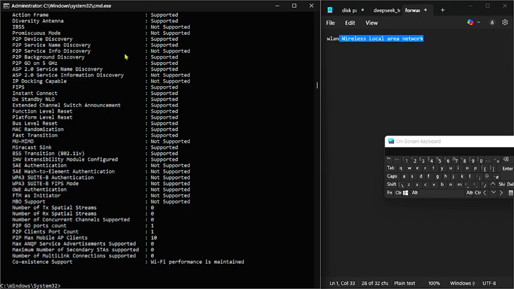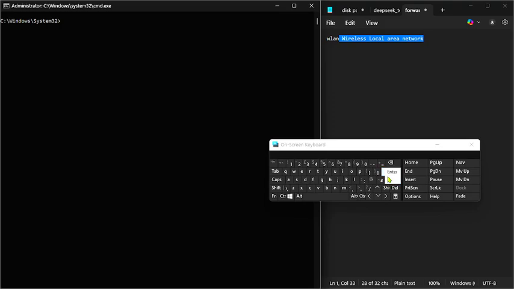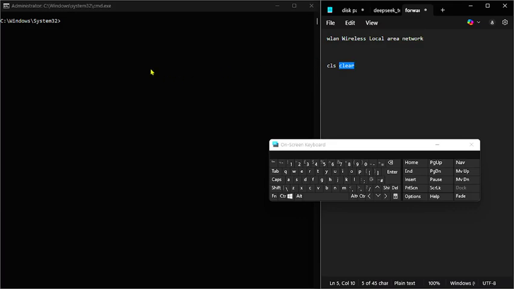Let me clear the terminal to make everything clean here. So I'll press enter. We use CLS to clear the terminal. So we will go again. Next